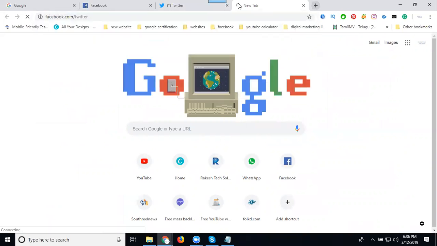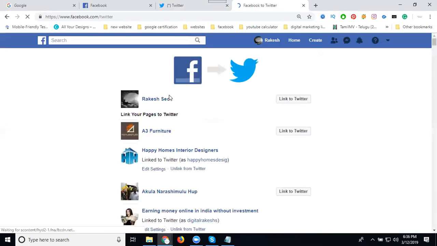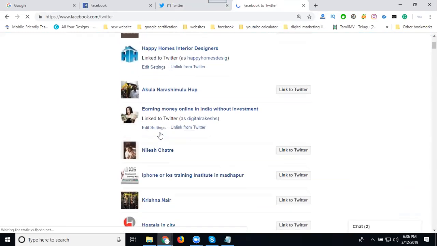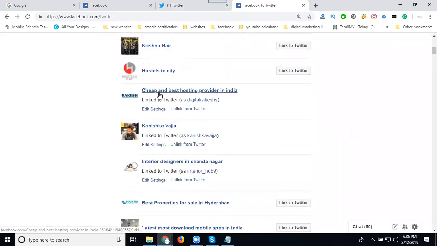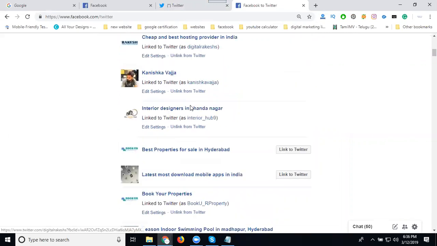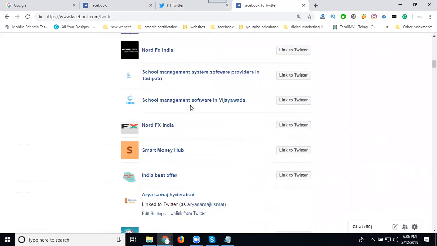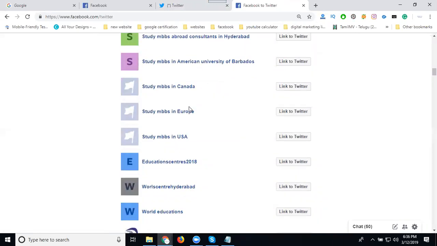facebook.com/Twitter. Once you connect this option, your Facebook is automatically connected to Twitter. See, this one is your Facebook profile connecting to Twitter. So what are the options there? They connect automatically by your options. Here I can select my page, that is called